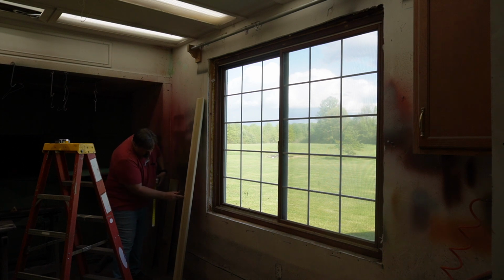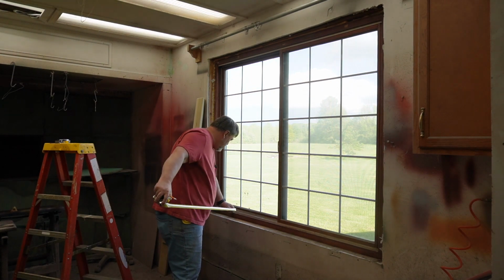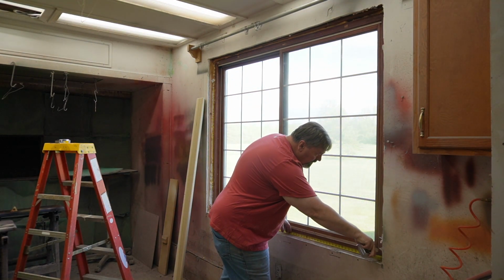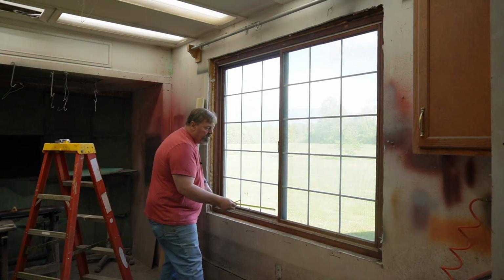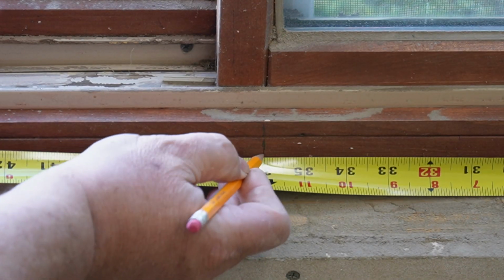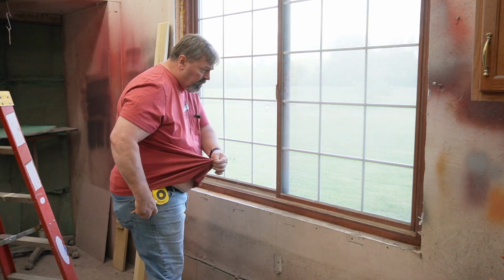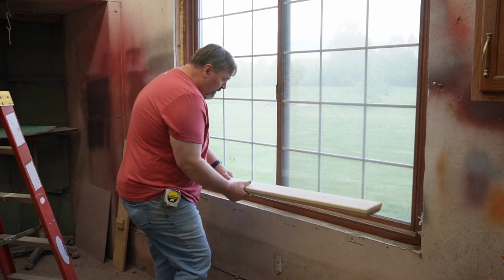So there's our center line for our window stool, and I know this window's 6 foot. We're just a little bit over with our rough opening. You know, we're right at 6 foot, or 6 foot and 1/8. So we want to go ahead and mark our center here. So I'm just going to mark 36. There we go. Now we'll grab our window stool, and all we're going to do is mark up here